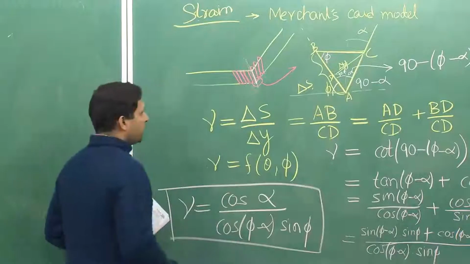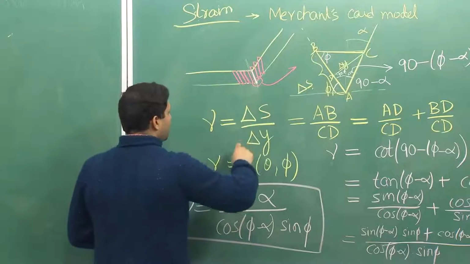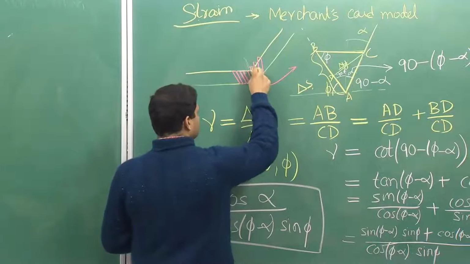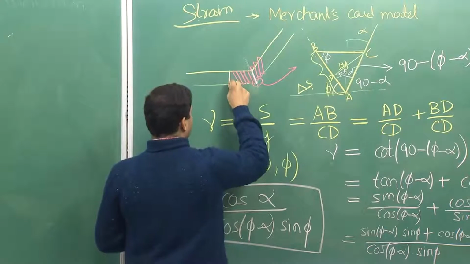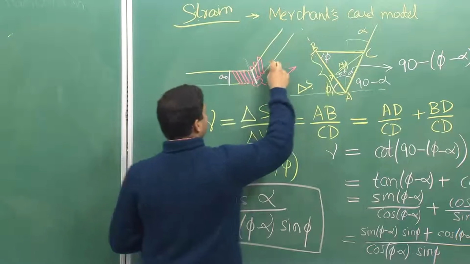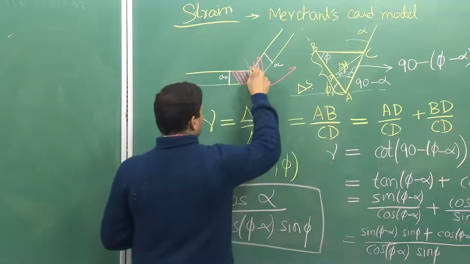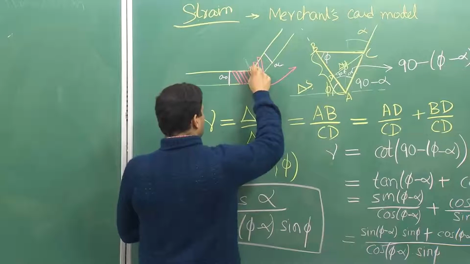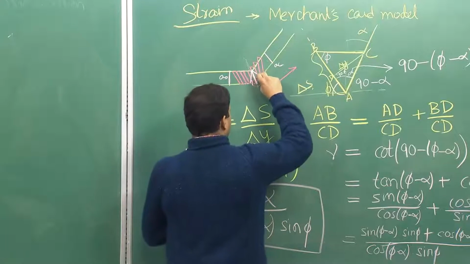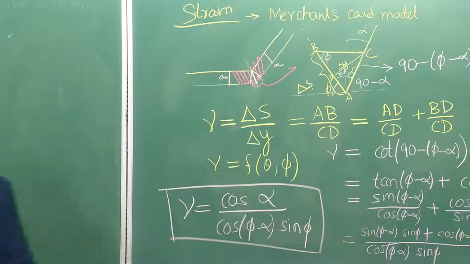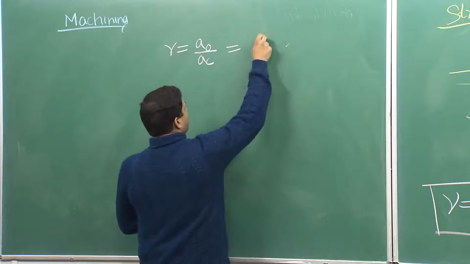If you look at the geometry over here, you would see that this is your common dimension, this is your A naught which is perpendicular to this, and this is AC. So, if you draw the perpendicular like this over here, you can show very easily that A naught by AC would become,